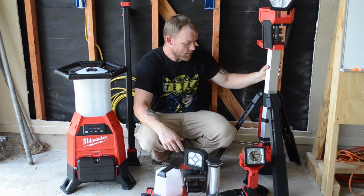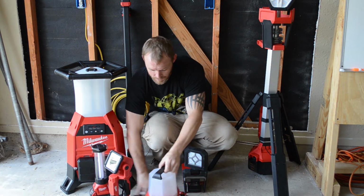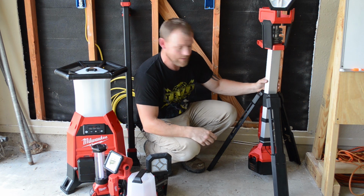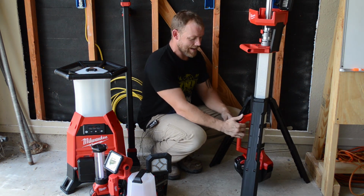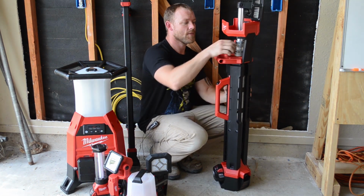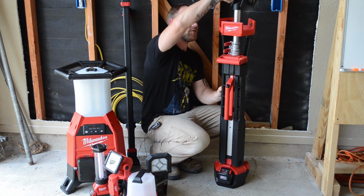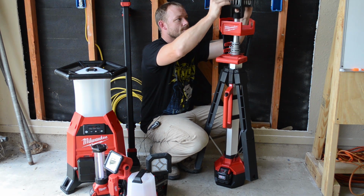But the cool thing about this, it seems very, very large, and it is, but there's a way to compact it so that it's relatively small, and there's a way to extend it so it's really big. So on the back side here, it's got a handle with a button. That button allows the bottom to fold up, and then these little things allow it to extend or contract. You have to fold this in for it to go all the way down. But if you want it back up,